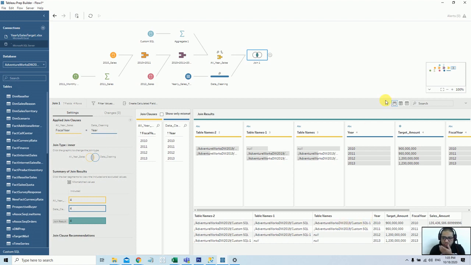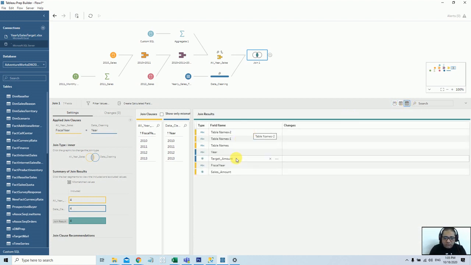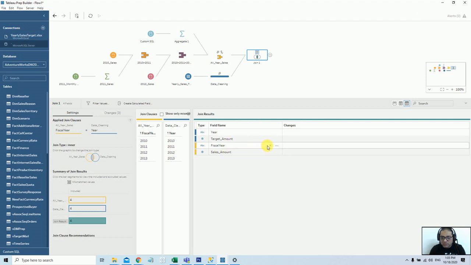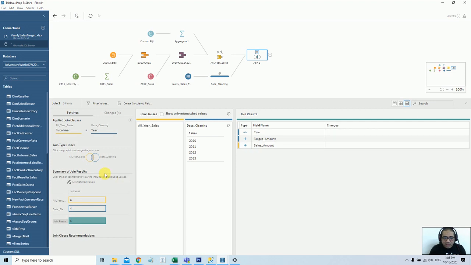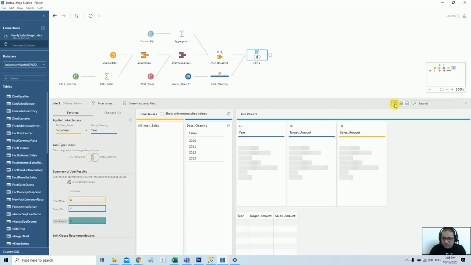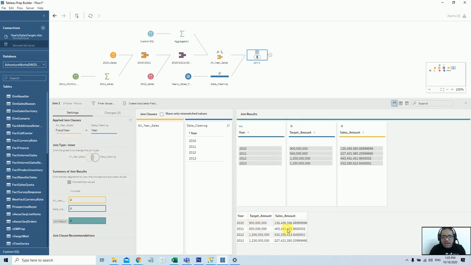This is another question. So if you do not need this, just click on this particular show list view. In this list view, you have everything available. For example, this table name, I don't want it, so I just delete it. So I need only year, amount of target, and the amount of sale. Even this physical year, I don't need it. So this will be my end result. I'll just maximize this again, and if you go back to this view, you will get your end result already shown on the screen.